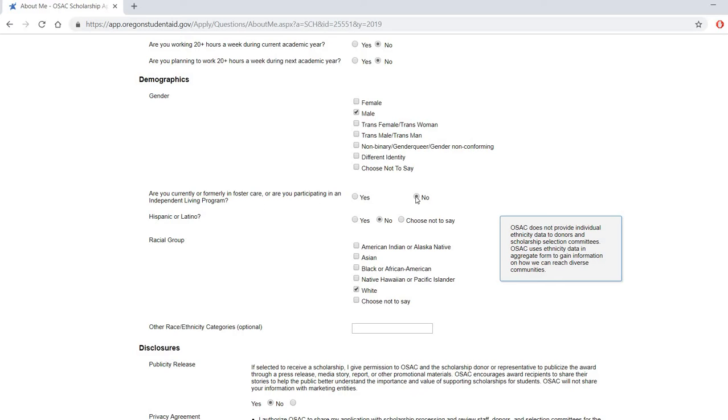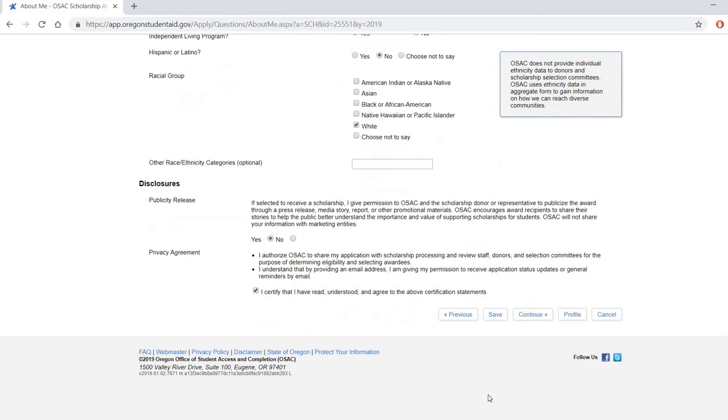I have not been living in foster care. If you have, that's important to note. I'm not Hispanic or Latino. My racial group is white. I go down here, and these are a couple of releases that you can read and indicate if you agree or don't agree,